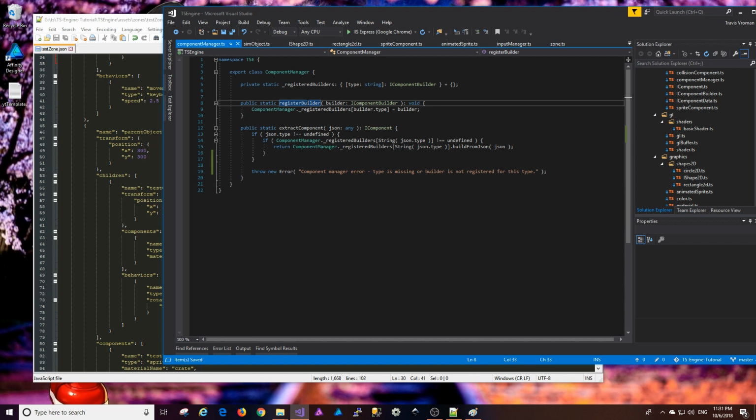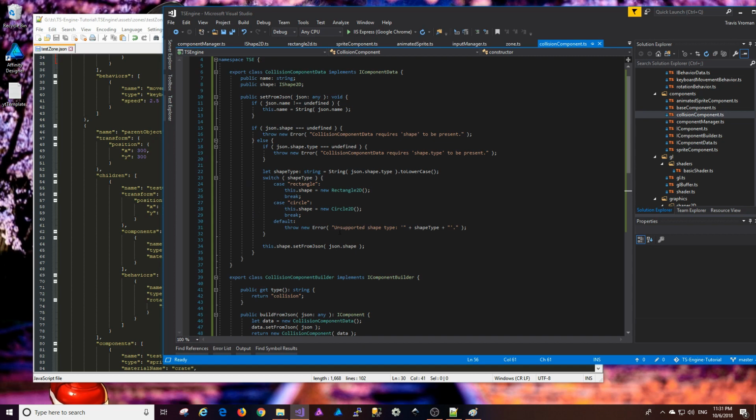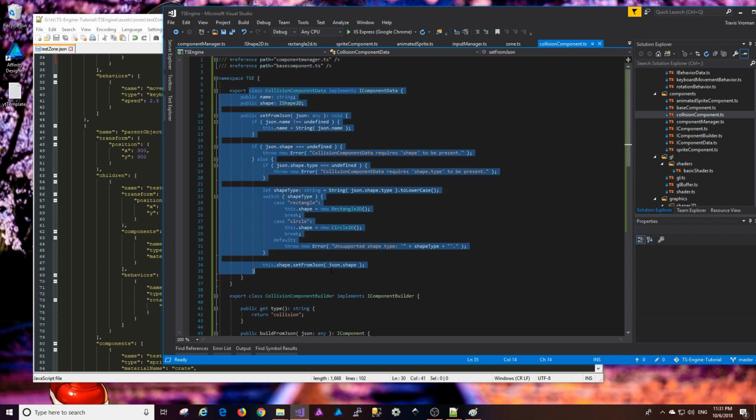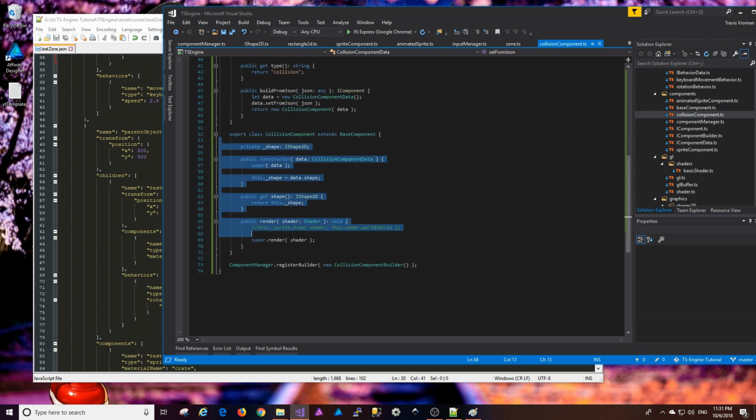So in the last video, we added some 2D shapes with the ability to check if they intersect with other shapes, and then we went ahead and added a collision component, which allowed us basically to attach a shape to that component, and is ultimately going to serve as the basis of what we use to detect collisions in the environment. So with that, what we're going to do in this video is continue by creating